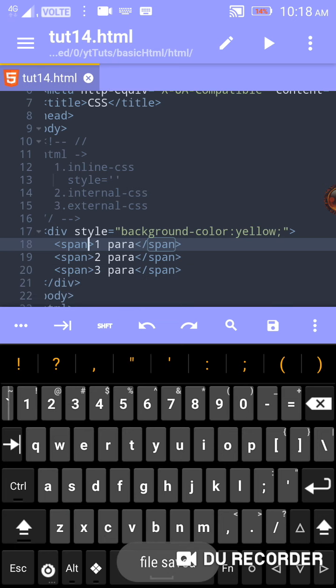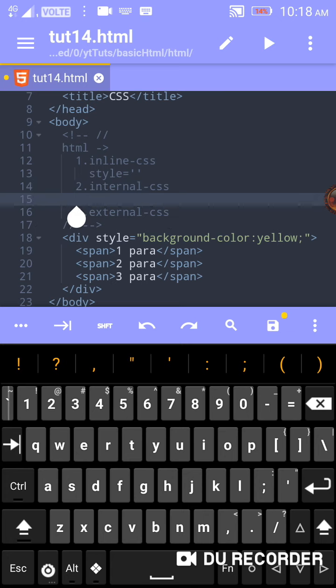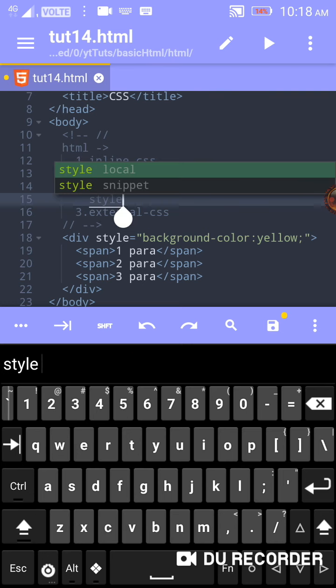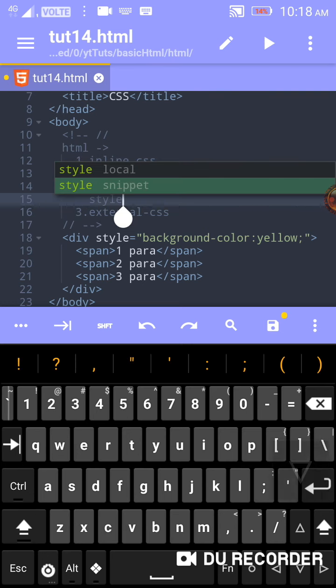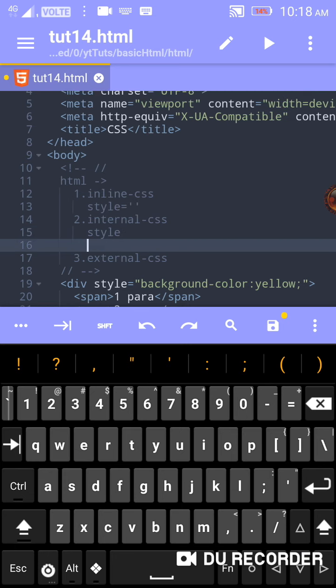Now inline CSS is used only for a div tag which may be different from another, and you do not want to include it in your internal CSS. To use internal CSS we have a tag which we have to use in head. The tag name is style only. We get a style snippet here. So the syntax of the tag is just